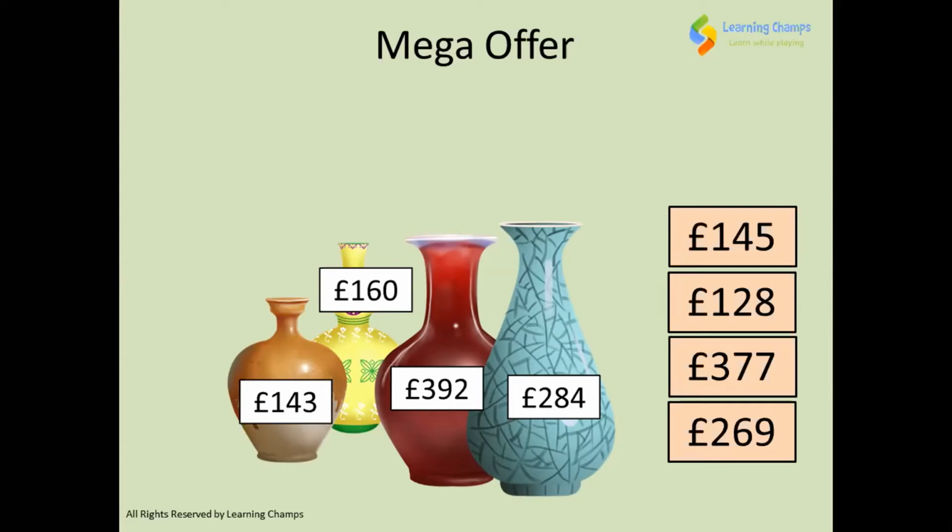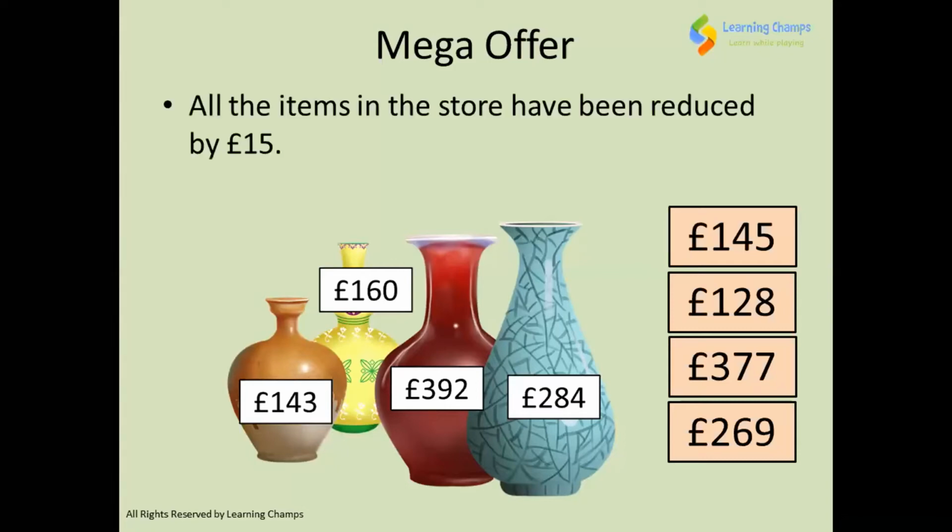Why do you think they do that? Because to get more people to buy the pot. Because to sell, teacher. Very good. Sell them fast. Sell more things. Yes, I think you all have very good understanding about that. Nowadays they do like this, no? They reduce the price so the people will come and buy more stuff. Very good. All the items in the store have been reduced by 15 pounds. So you have to select the price tags.